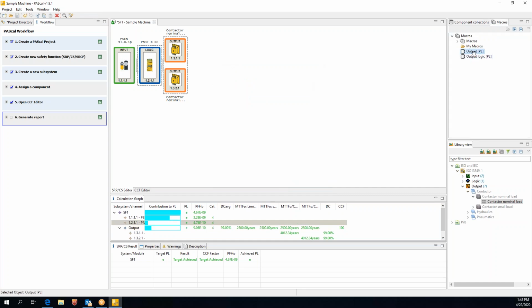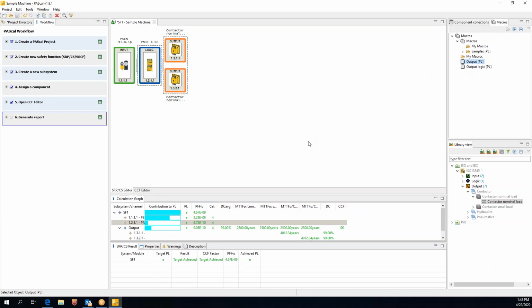Once I've created that, you'll see that it's now come up underneath my macros in my component collections area. One other thing that I would like to note is that Pilz has already provided you a couple of sample things to make it even easier on you. So if you go underneath this sample area, you can see that we already had 2 relays with a nominal load, just like I've made right here for you, already created for you. So just as a reference, there are a couple of sample components that Pilz has already provided up in this area. But back to my next safety function.